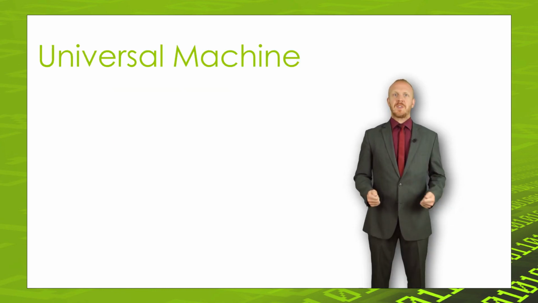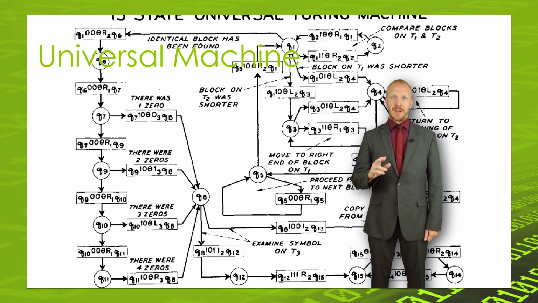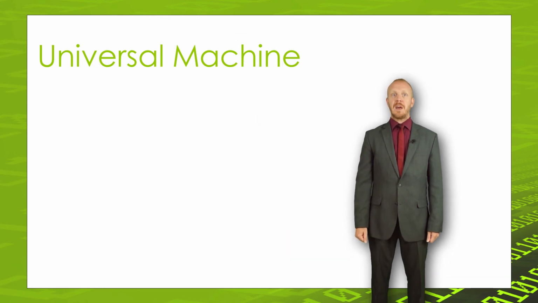Alan Turing took this model one step further with the universal Turing machine. He demonstrated that a Turing machine could be built where both the input and the transition functions are contained on the tape. In other words, he proved that a programmable computer is possible. A single machine could be built that could be programmed to perform whatever function we give it.